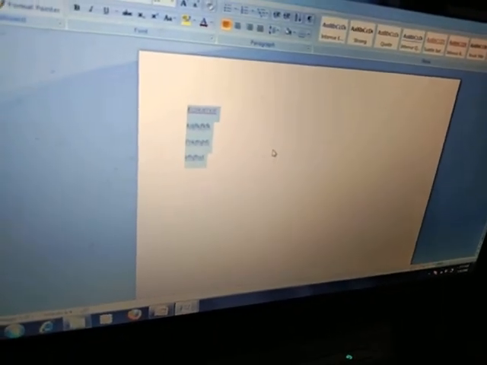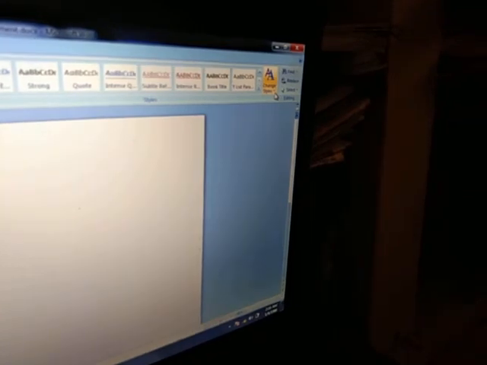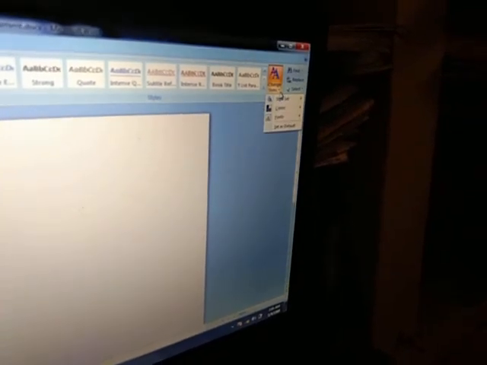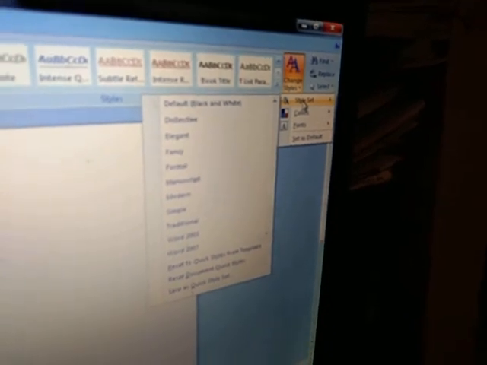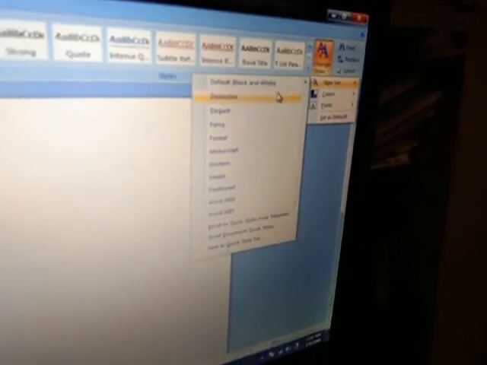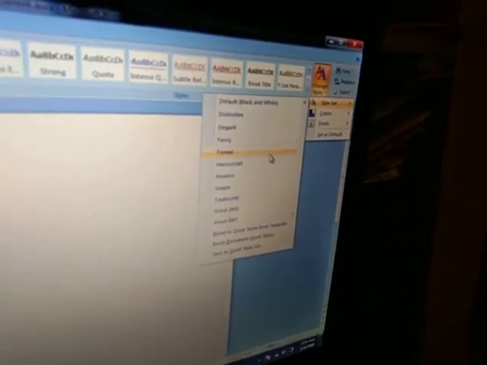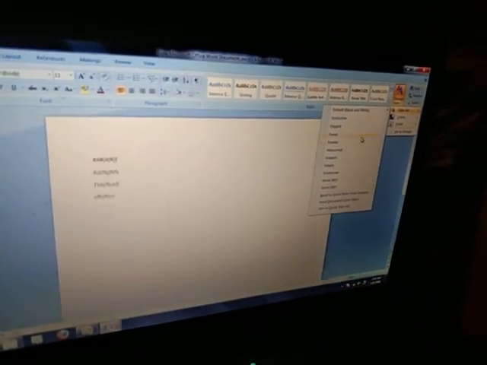Done, entire selection done. Here is our Home tab, and here is our Styles group, and here is the option Change Styles. Click on this one, and here is the option Style Set. Now from here you will select any style set, and then that will be applied on the complete document.